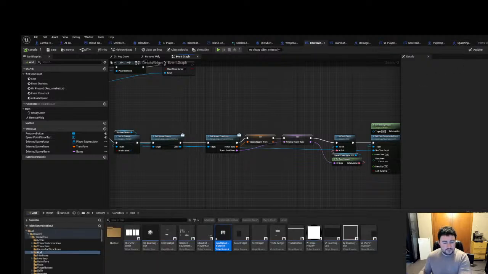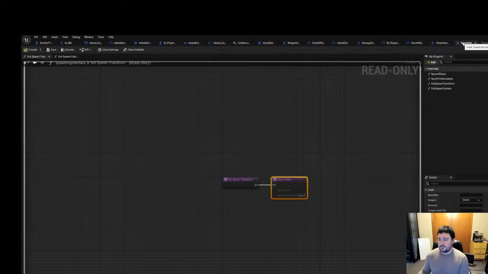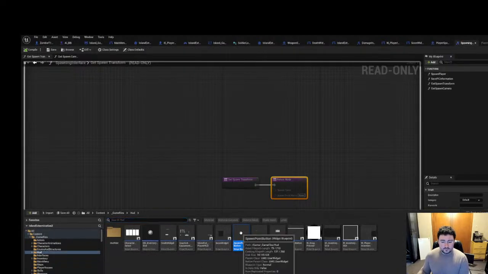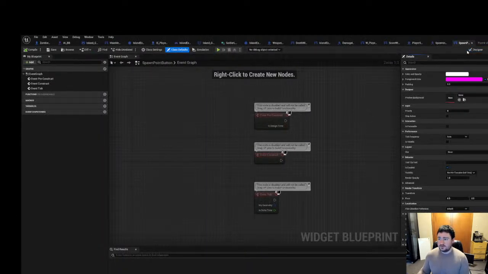Did I make one? This will be spawn point button. Why did you not open? Okay. All we want on this is